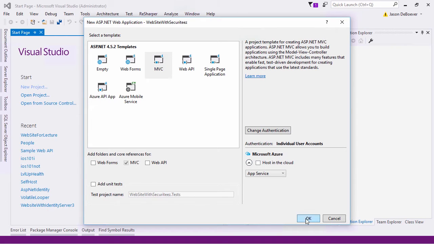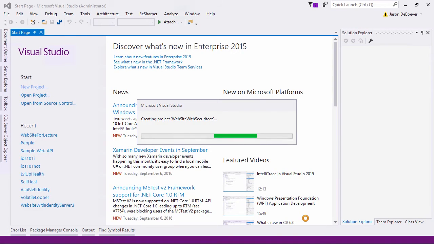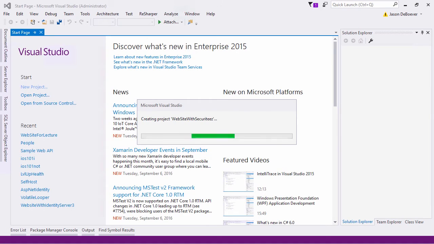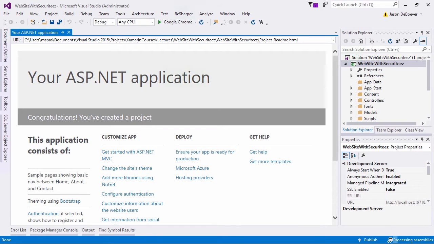Hit OK and hit OK. Alright, so now we have basically a working website that we can actually create an account and log into,